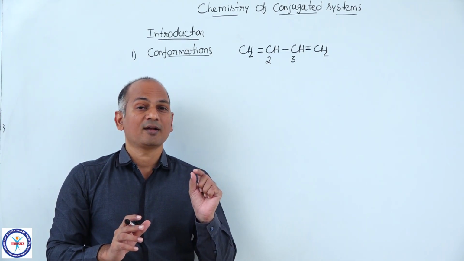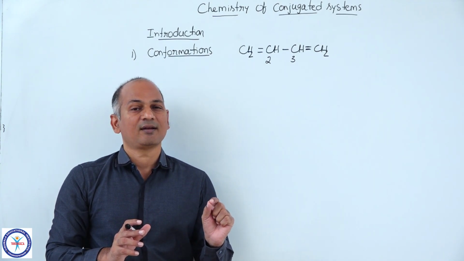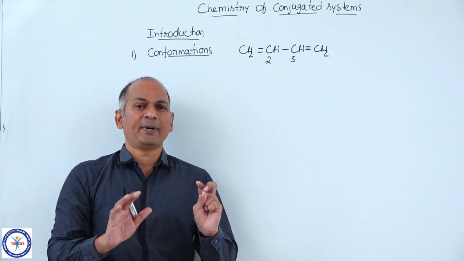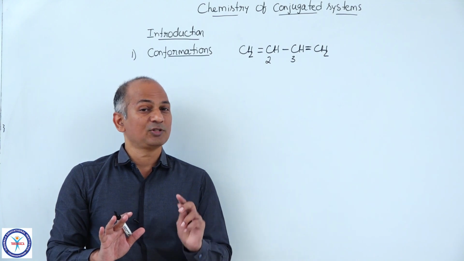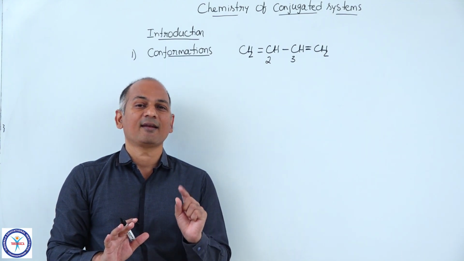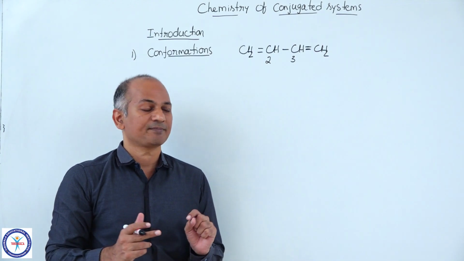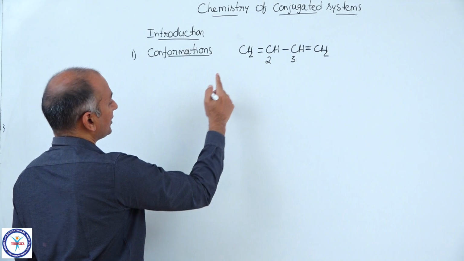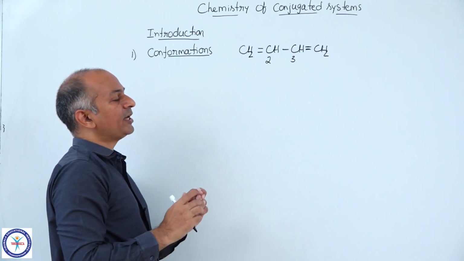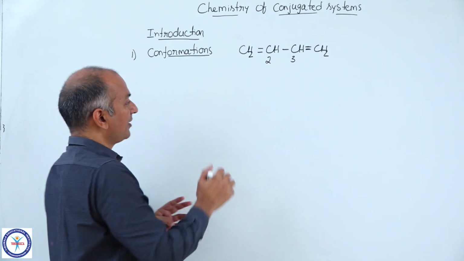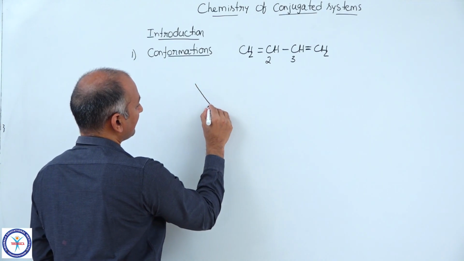But the bond order of that particular bond is only slightly greater than 1. Although it is a partial double bond, for all practical purposes it is a single bond, because its bond order is only slightly greater than 1. As a result, it is freely rotatable at room temperature. And as a result, two important conformations of 1,3-butadiene arise. So those two conformations are, one is like this,